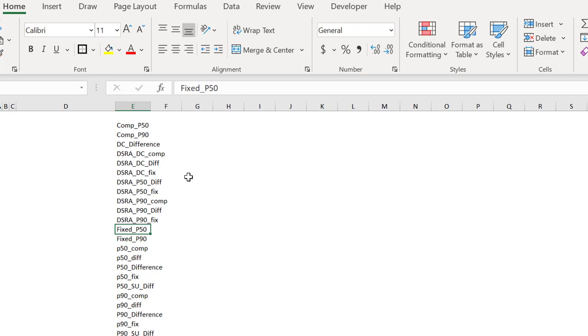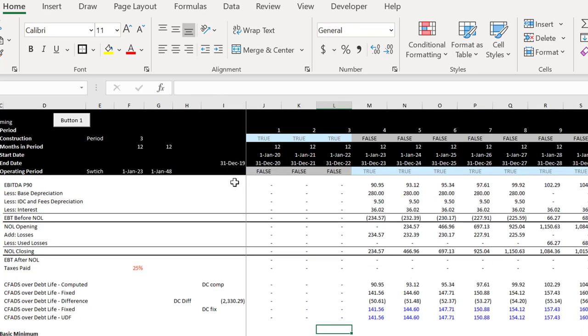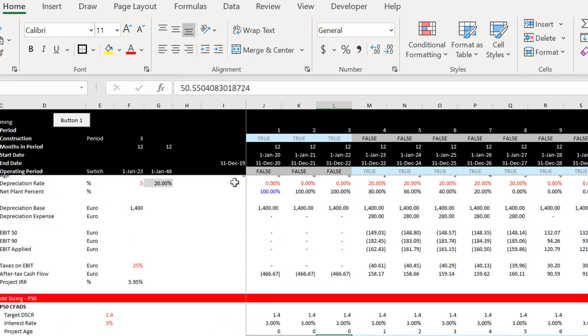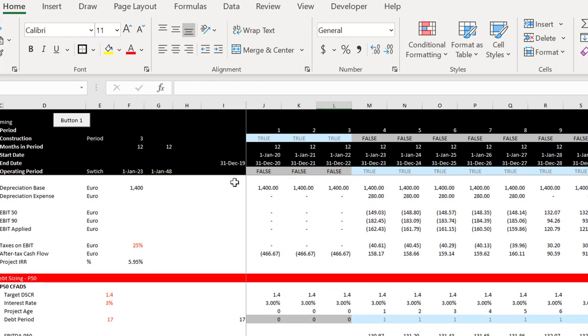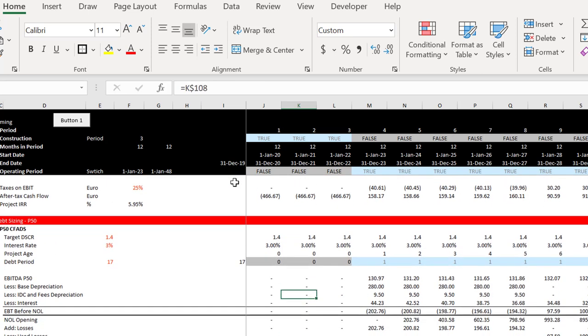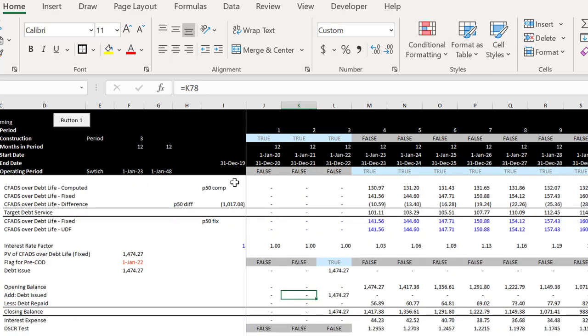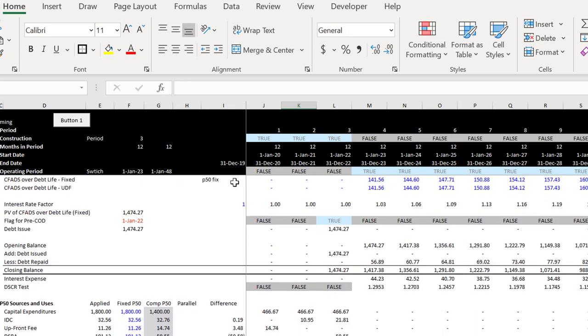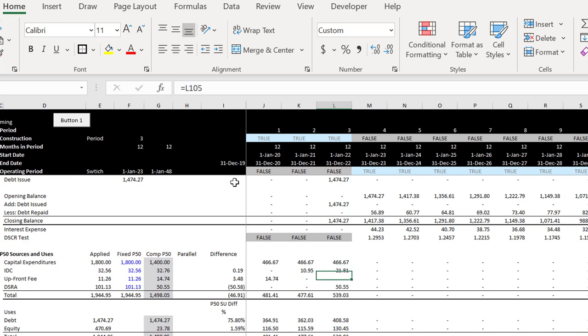And what I'm going to do is let me just make it. So in this model, I've kind of gone crazy since the last time, and it's the most painful thing here. It really is painful because we did the whole debt sizing with IDC depreciation, and I promised myself not to go too much into this stuff. And then we have the fixed, and we get the IDC, that gives us the IDC depreciation. If we have a fixed level of debt and have to get more DSRA with this, then I think we'll have to borrow less